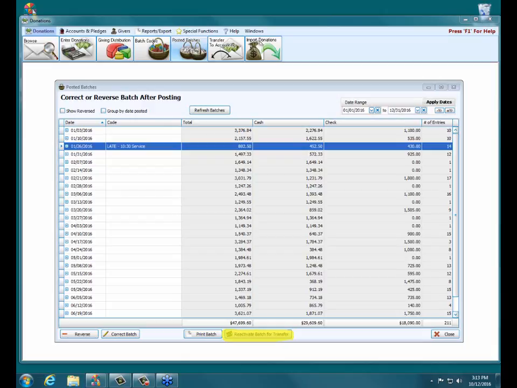Now if you don't use accounting, you don't need to do anything with that button, but if for whatever reason you find there's a batch that needs to get sent over to accounting, you can highlight the batch and come down here and hit that reactivate batch for transfer button. Okay,